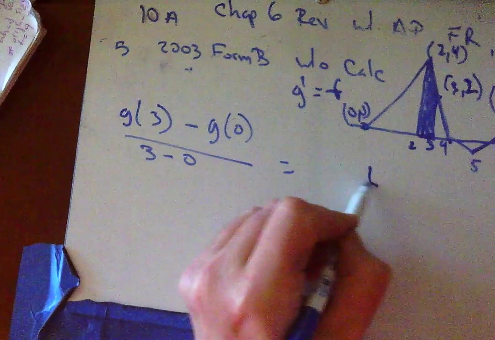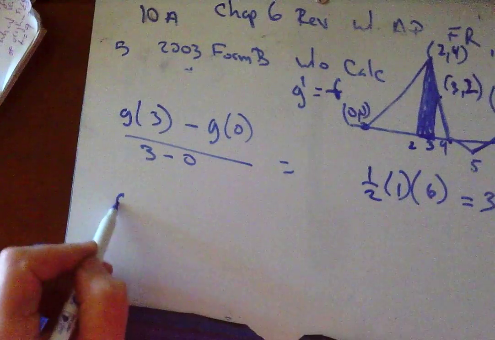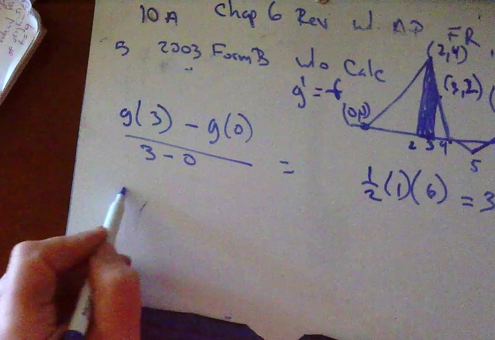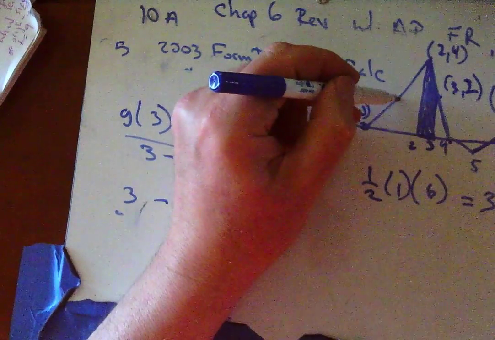G of 3 was 3. Okay, so G of 3 is 3. What about G of 0? Well, G of 0,